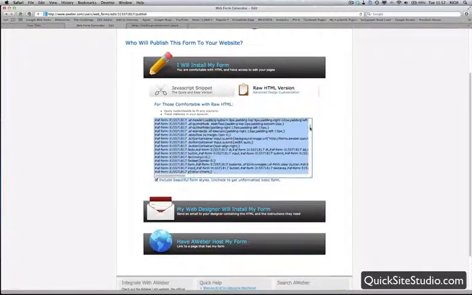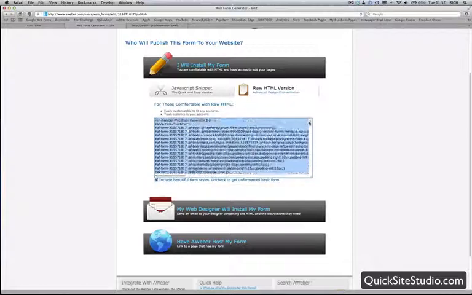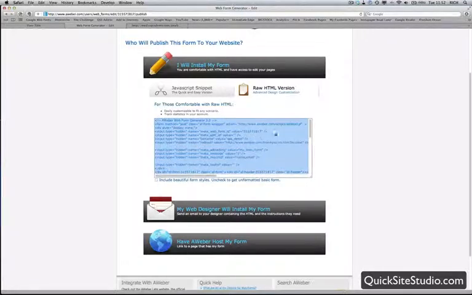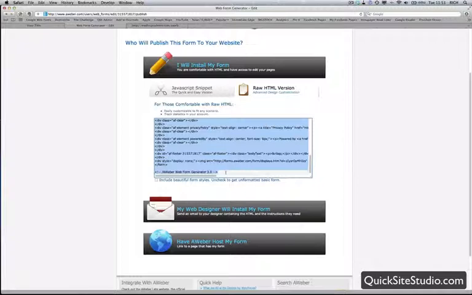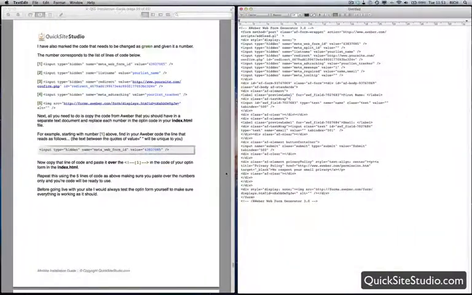So here's your form code, and what Aweber does is it will actually add the code for the styling to display their form to the code, so we don't need that. So we uncheck this little box down here and that will remove most of the styling. So what we need to do is select all this code. So if we just drag our mouse down there and copy that code, then we need to add that to the text editor that we've got open. So I've already done that there,